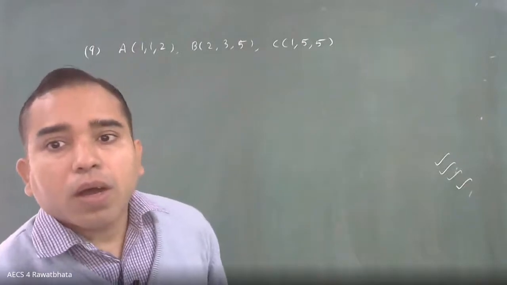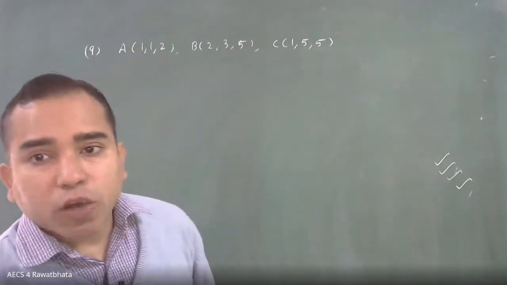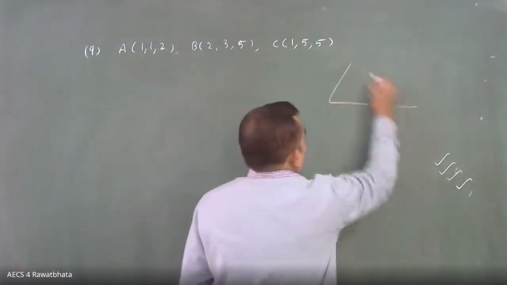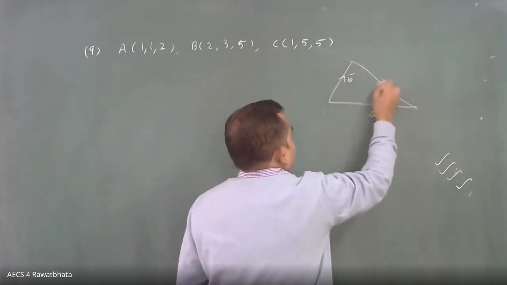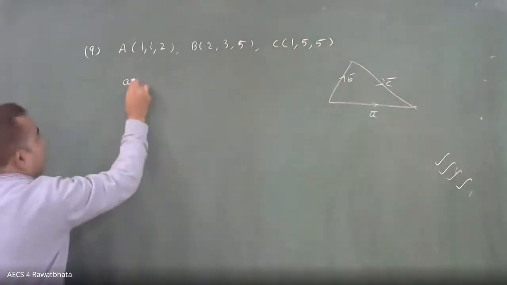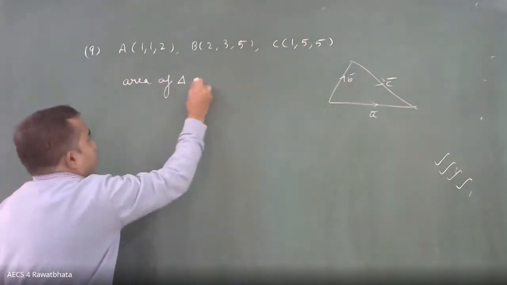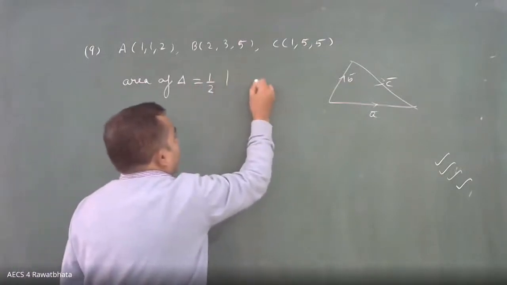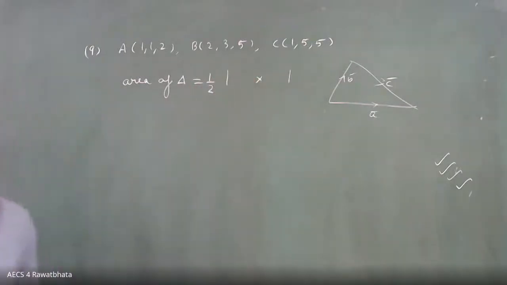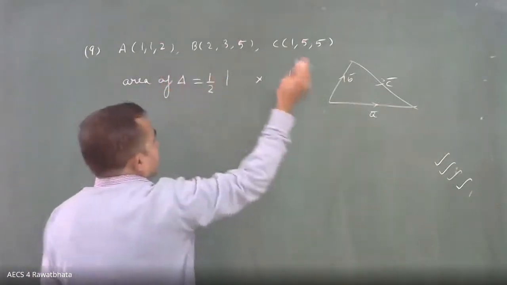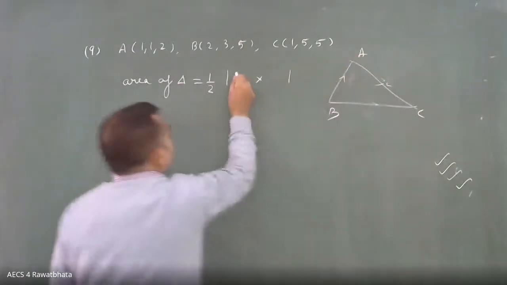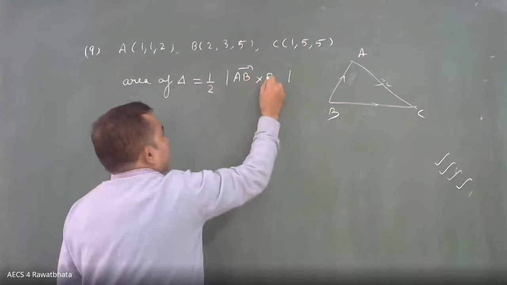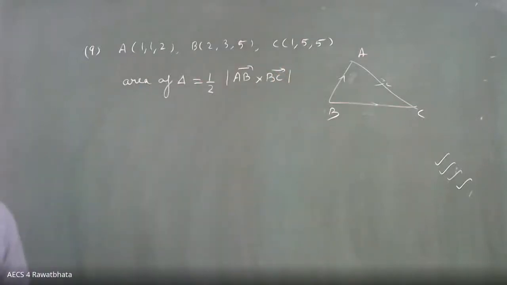Okay. Now, we have to find the area of the triangle whose vertices are these. So, can you tell me how to get the area of a triangle? We have a formula in fact. What is the formula? The area of a triangle is equal to half the magnitude of the cross product of two side vectors. So if the vertices are A, B, and C, then any two sides you take and then find the cross product. Right, students? Suppose I have taken AB cross BC.